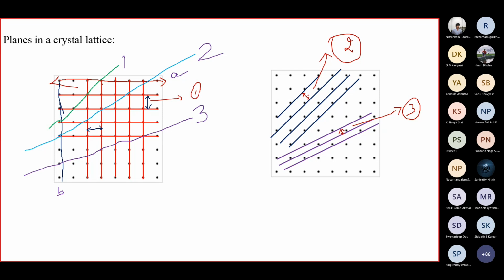Because this distance between the planes appears to be an important parameter when we define a crystal structure. How do we reproduce the crystal structure? It is by taking this plane and going on repeating it. At what interval are we going to repeat? We are going to repeat at a constant distance. At each constant distance, we have to repeat that plane. So it is very essential to know the distance between planes to construct a crystal lattice. Otherwise, we cannot do it.